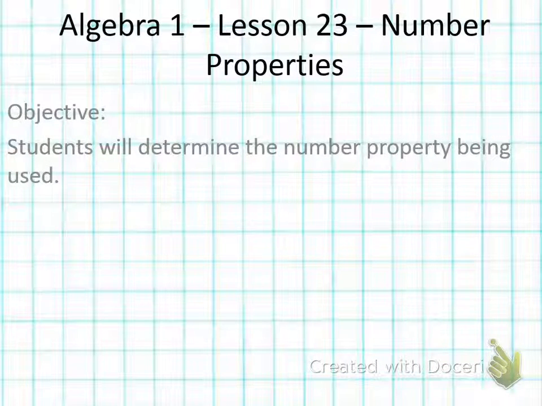Okay, this is lesson 23, number properties. We're going to go into a lesson about the different rules in mathematics. We call these rules properties. And we need to be able to know what they are and identify them because we want to abide by